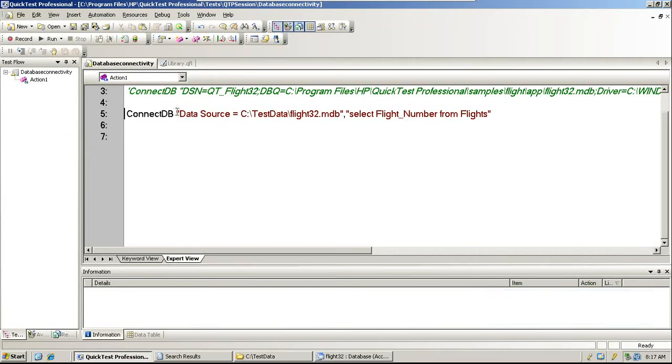So how will it start? Okay, bracket is obviously not required.